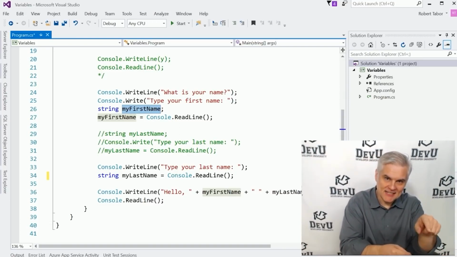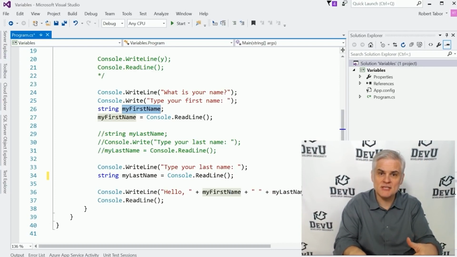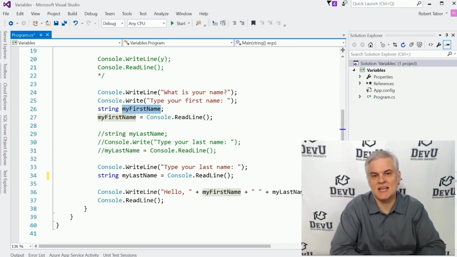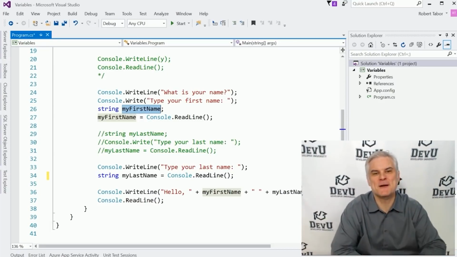Remember the little light bulb that we could make changes to by hitting Control and period on our keyboard and then using our arrow keys to make selections and to rename all uses of our variable name throughout our entire code base. We probably talked about a lot more than that as well, but let's go ahead and wrap